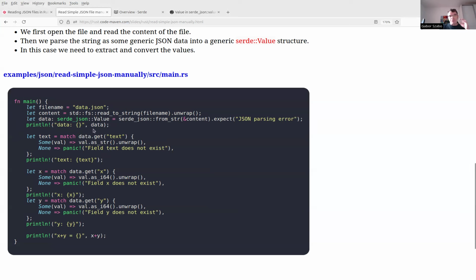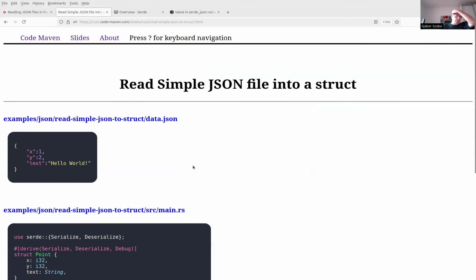because once I started to do this, I understood that it's way too much code, and it's much better if I start mapping the fields with the next example, okay? But if you don't know, this is how I started. The first thing I said, okay, I'm just reading it. I have no idea what's in there. Let's try to use it. And you can do that, and then that's how you do it. But